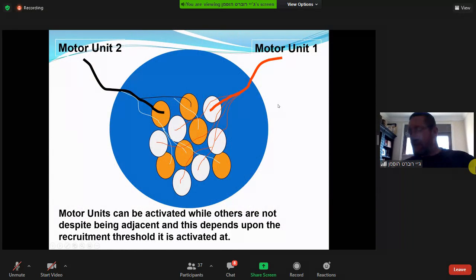Now, as I mentioned to you, only the fibers that are innervated will contract. And here we can see two different motor units. One motor unit is active, the other motor unit is not. And only the motor units that are active will actually contract, while the others that may be adjacent, right next